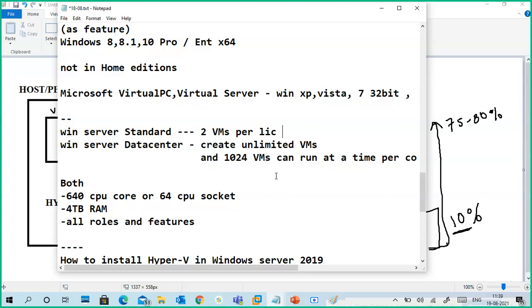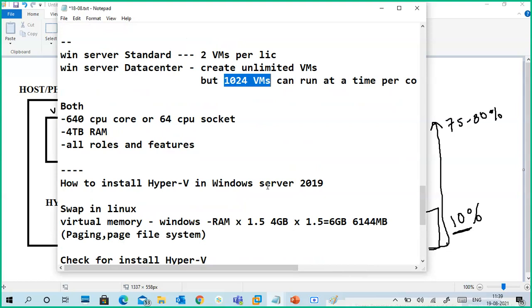Understand? Microsoft allows you to create unlimited virtual machines in Data Center, but you can run 1024 virtual machines at a time per core license.